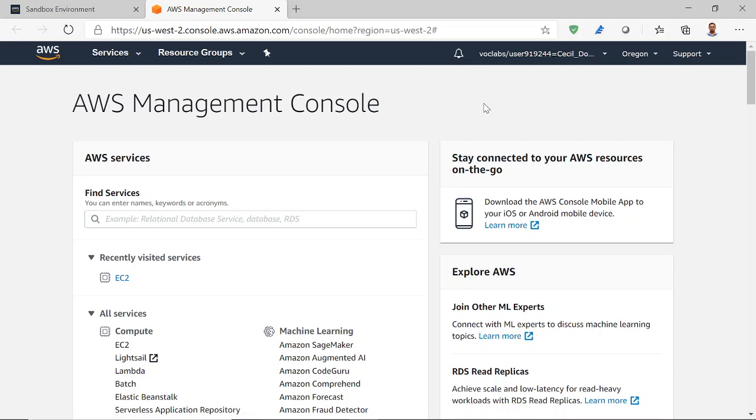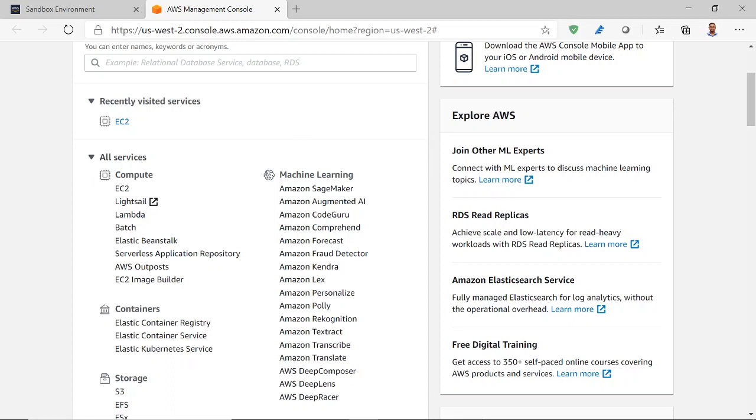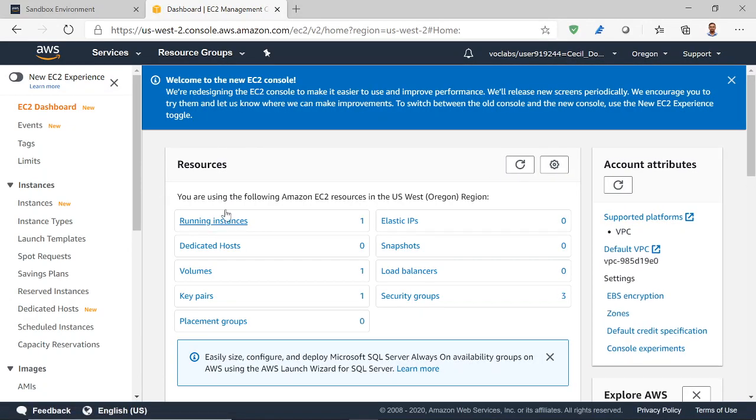And this is the AWS Management Console that you will see. Here you can see a list of services. Since we are going to use EC2, using the EC2, we are going to create one instance. So Elastic Compute Cloud, you just select that and you will see what resources are running, how many dedicated hosts you have, volumes, key pairs, security groups, load balancers. This dashboard will show you how many VMs are live and how many load balancers you have created. So all those things. We will just click instances